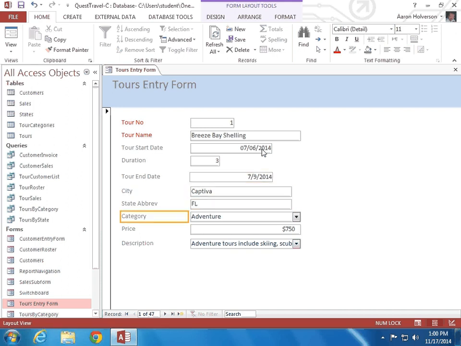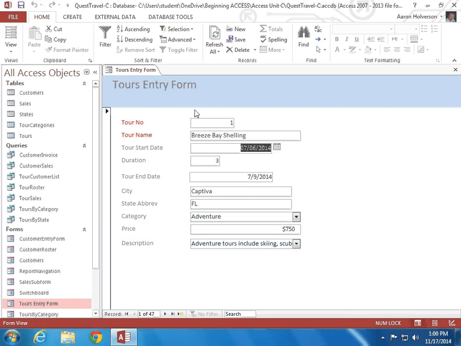Okay, so if you keep hitting the tab key, oh, we have to go back to design view. Keep hitting the tab key. See how it just tabs right past it? Go ahead and try that. Click up here on the tour number and the tour name, and then it goes to duration. Hit the tab key, and it bypasses the tour end date because it's not an actual field you can enter